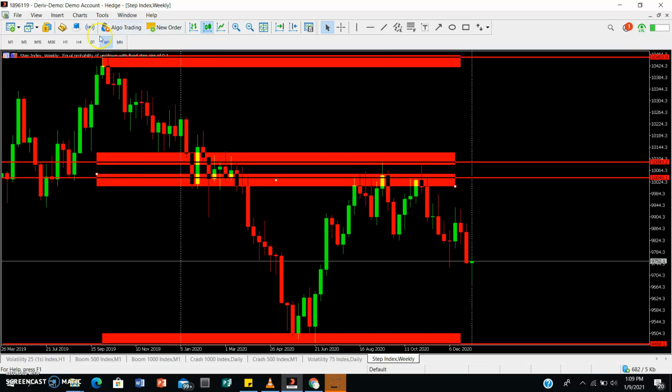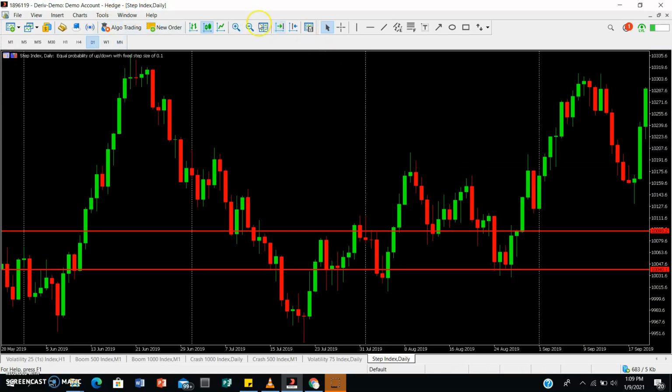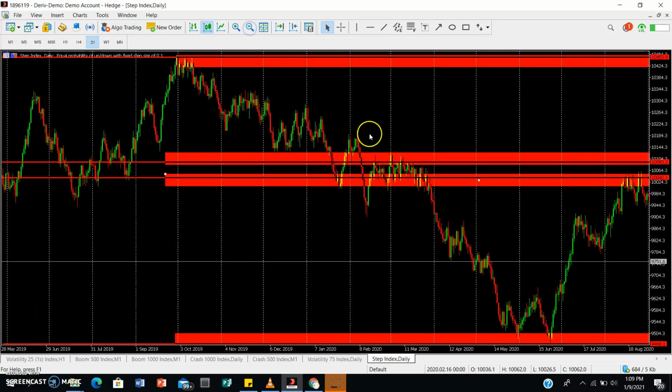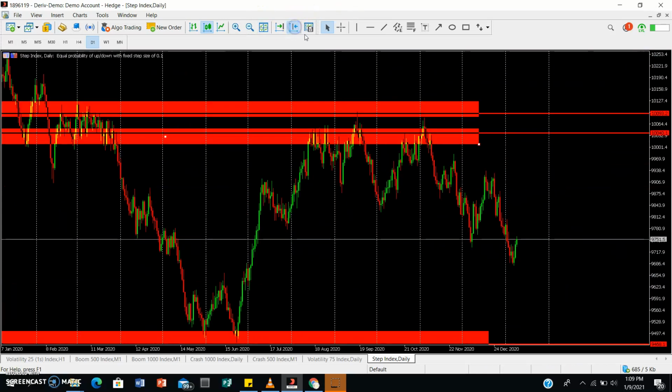Okay, so let's go to the daily time frame to complete our analysis. All right, so in the daily time frame, that's where we start. We now start to look for certain key components in price action, things like peak formations, retracements, candlestick rejections, trend lines, right? And